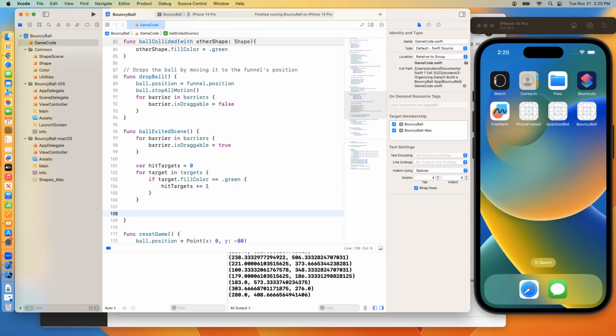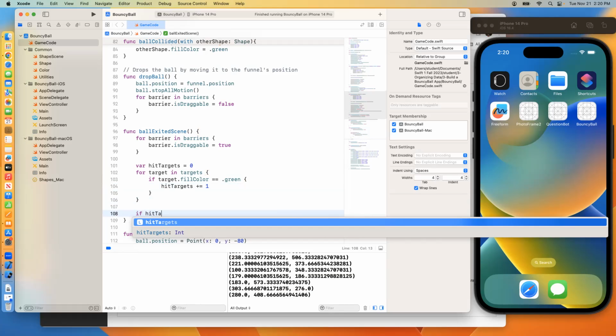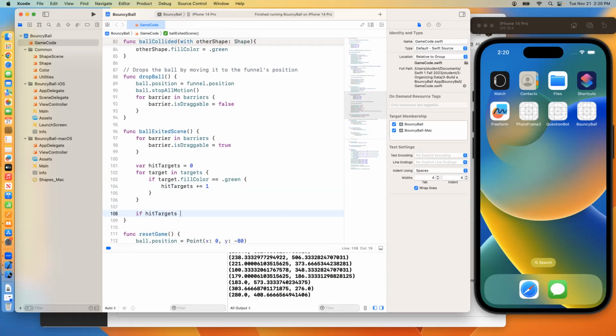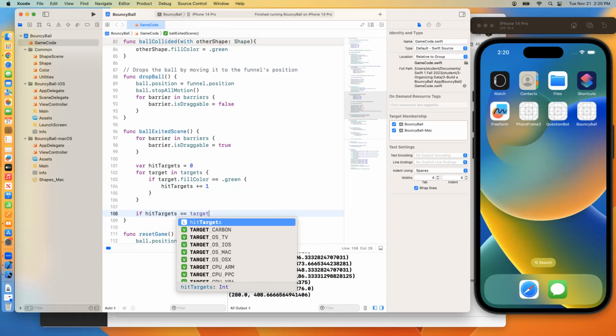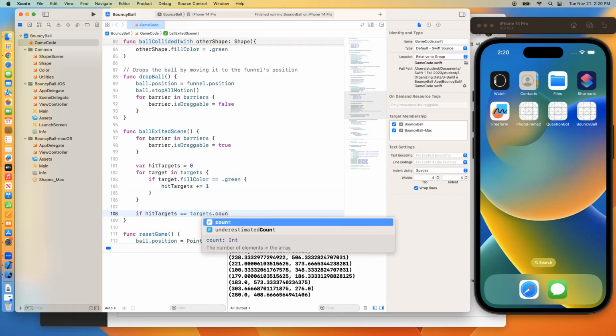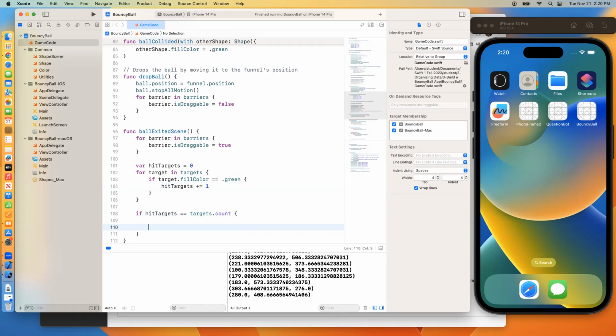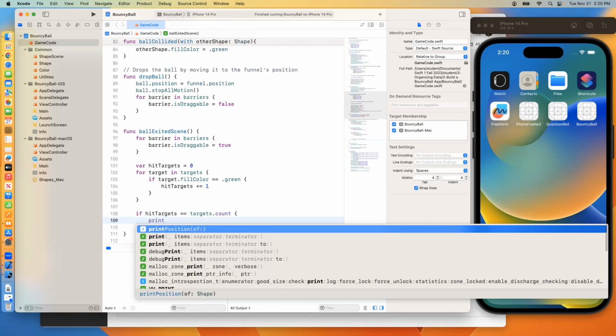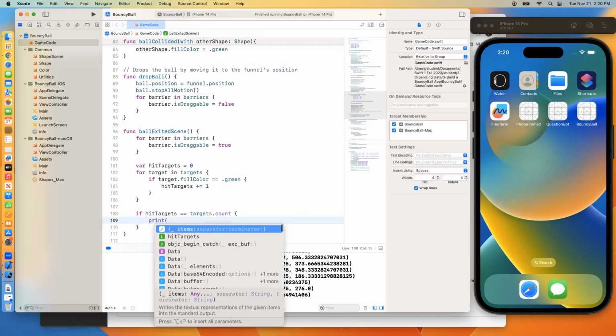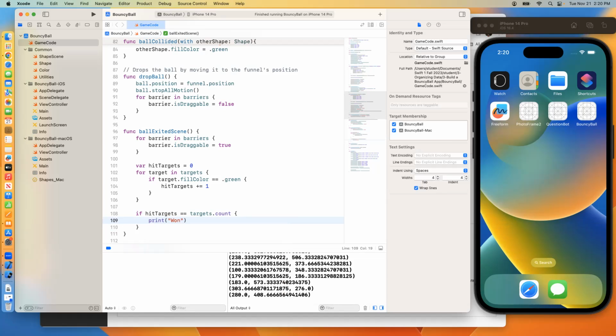All right. So then we'll set up a separate thing here. We'll say if hitTargets equals the count of all the targets, targets.count, then we're going to output a message that says print